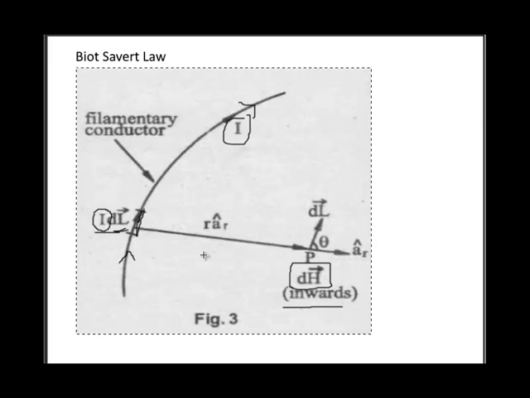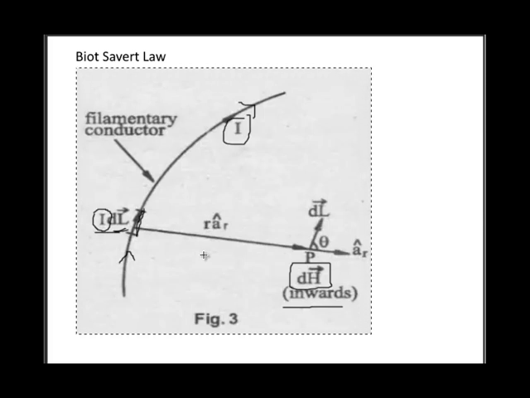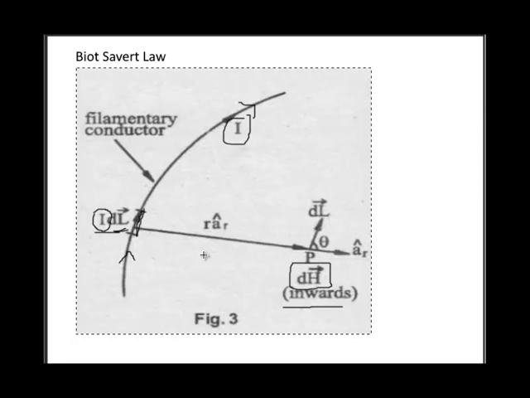If you make your right hand thumb show the direction of current, then your curled fingers will show the direction of magnetic field intensity. Observe that if you take the thumb of your right hand and put it in the direction of current, then your fingers will show the direction of magnetic field intensity.